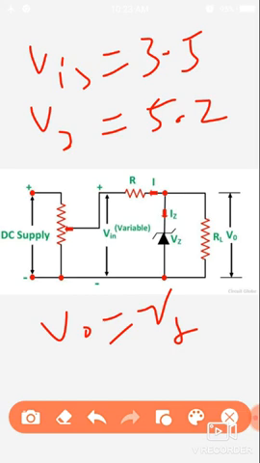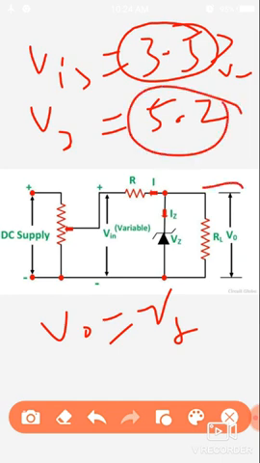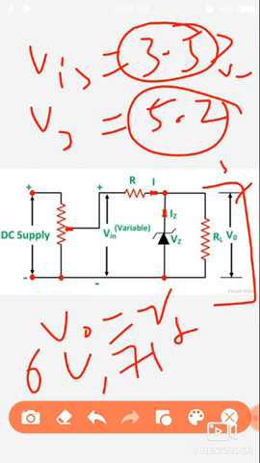So if we have Vin greater than Vz, in this condition we always have Vz equal to 5.2 volt across this output. For example, if I have 6 volt, then we have 5.2 volt here. If I have an input of 7 volt, we have 5.2 volt. If we have 10 volt, we have 5.2 volt here. So we can easily understand how it works in reverse bias.